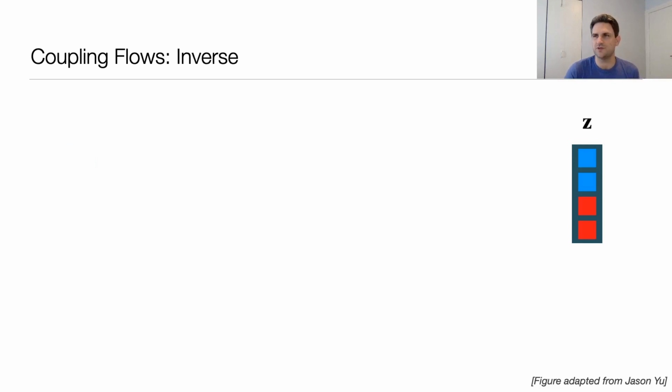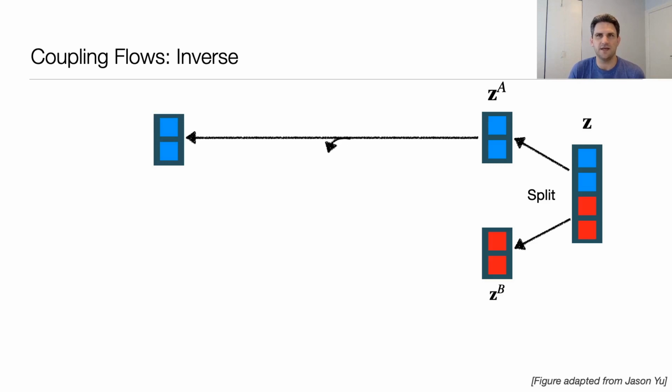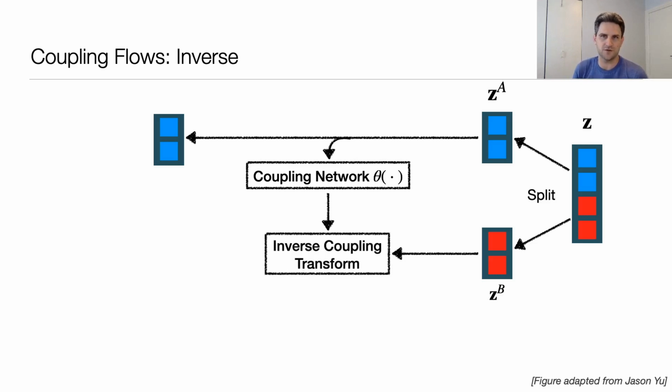And we can do that. We start off with our Z, split it into two halves, ZA and ZB, and put ZA off to the side on its own. Then we take ZA and run it through the coupling network. Remember, ZA is equal to XA, so running ZA or XA through the coupling network, theta, is going to give us exactly the same set of parameters, which we then plug into the inverse coupling